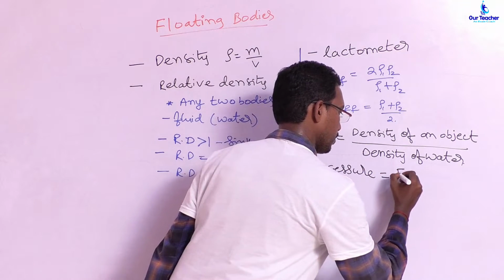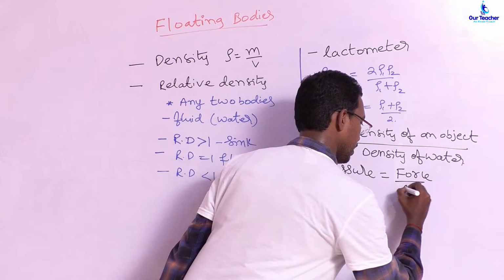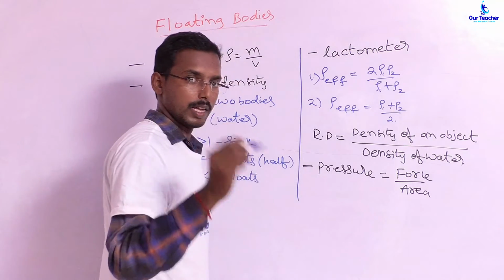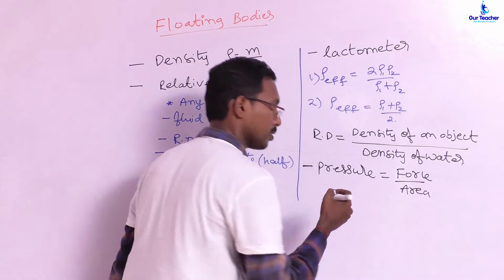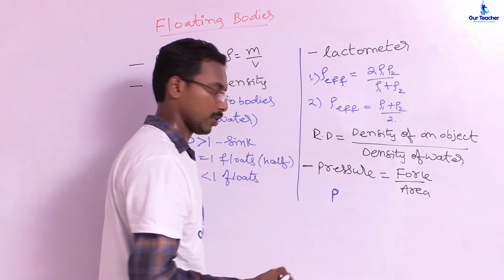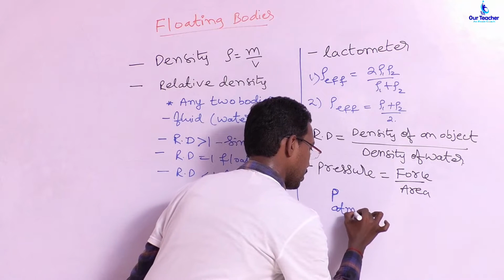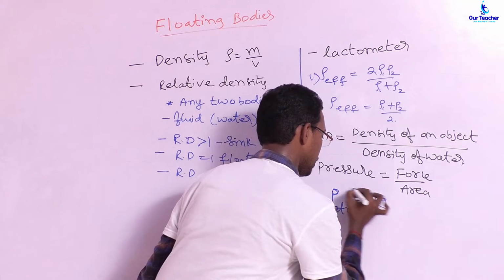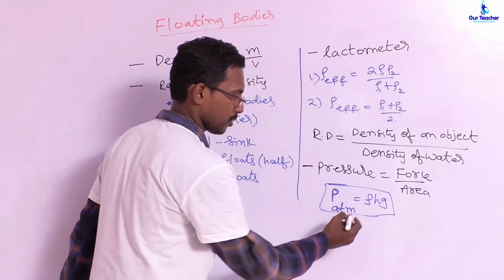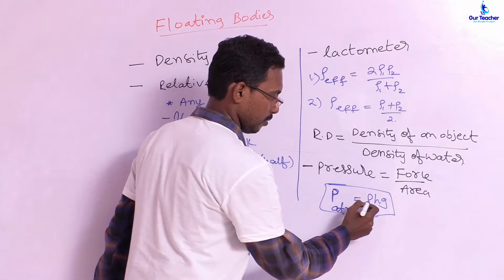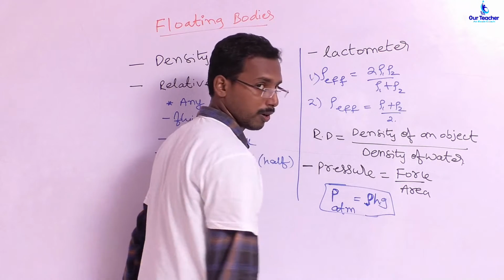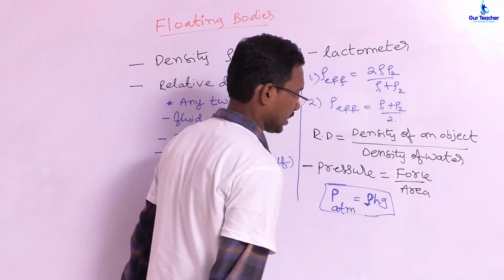Pressure is nothing but force acting on a unit area. From this topic we will derive another topic known as atmospheric pressure, and we will come across the concept of the barometer. Using the barometer we find the atmospheric pressure. Atmospheric pressure is rho H g. This is the formula we will end up with in our atmospheric pressure concept. Rho is known as the density of the surrounding gas, that is the atmosphere. H is the height of the column of mercury, and g is the acceleration due to gravity.